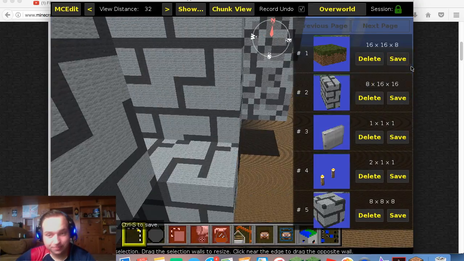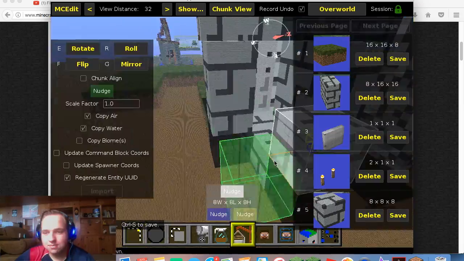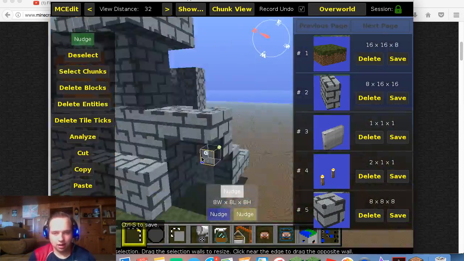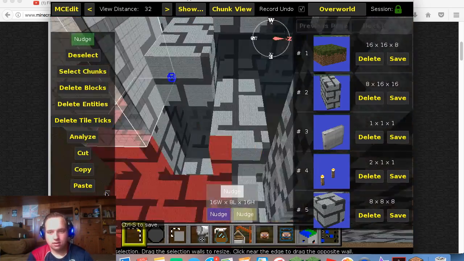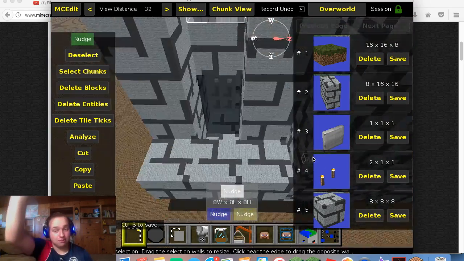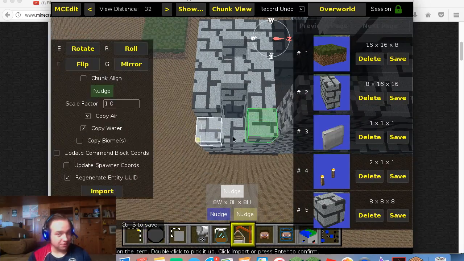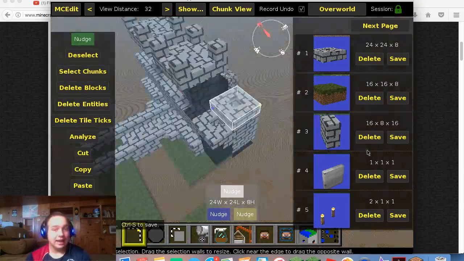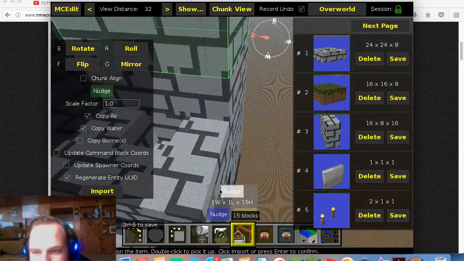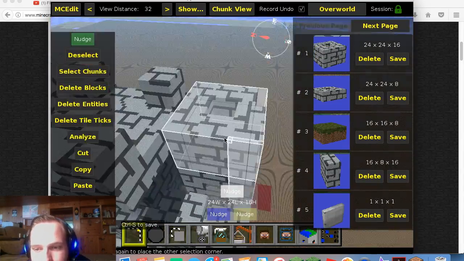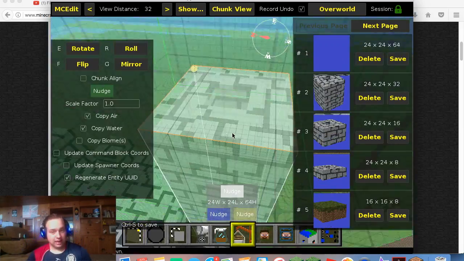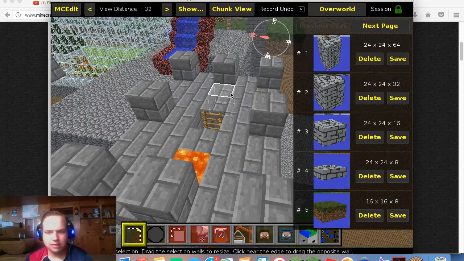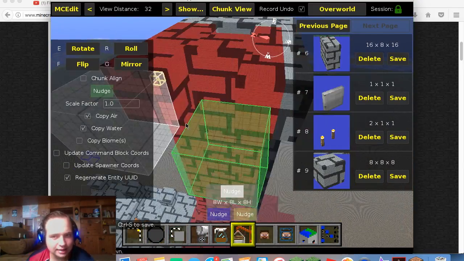Sorry to say. And here, I'm building it up, and I count. So what I do is I go and I count up. I use my selection tool, and when you measure it, you can measure it that way. If you select at the top and select at the bottom, you can see the height, and it shows you the height. So right in the middle there, it says 24W, 24L, 32H. The H is what I'm looking at, for the height. It showed me, I don't know, 12 height, I think.